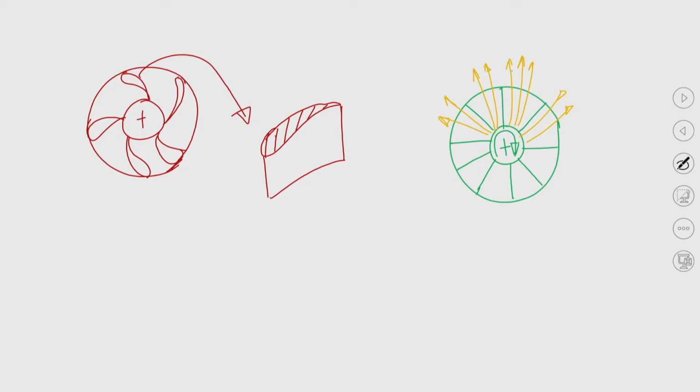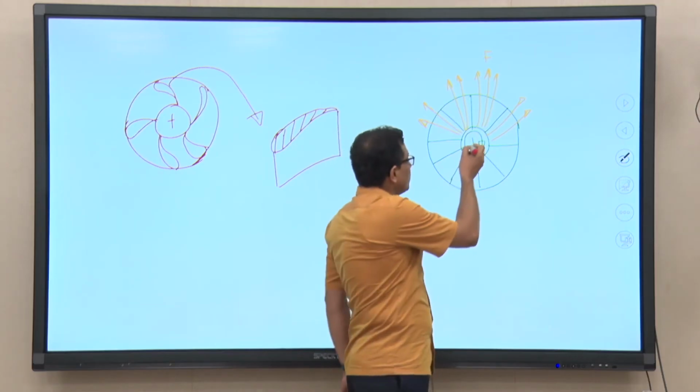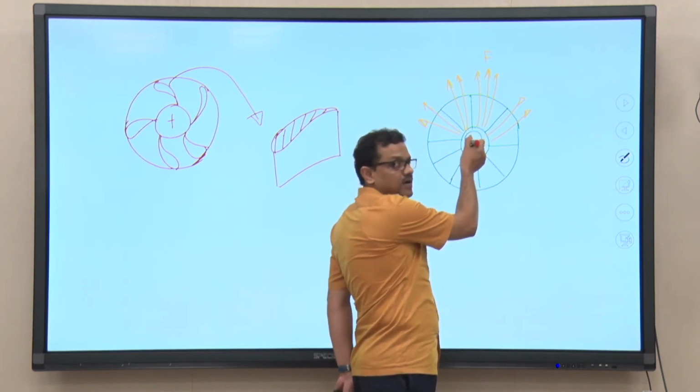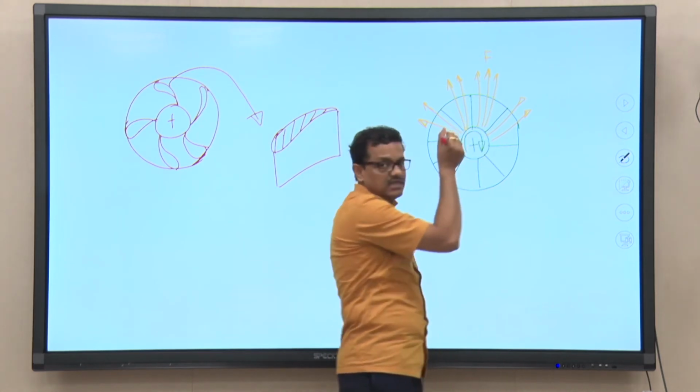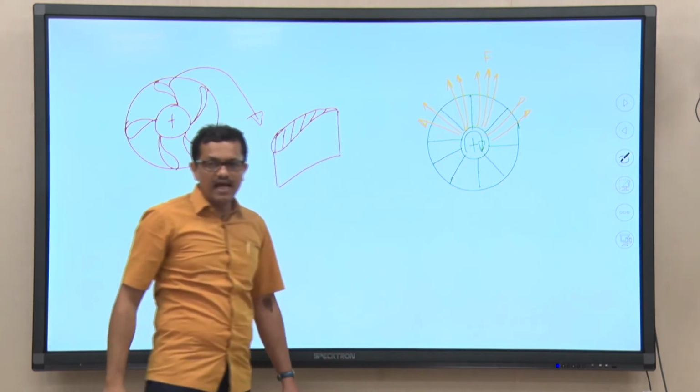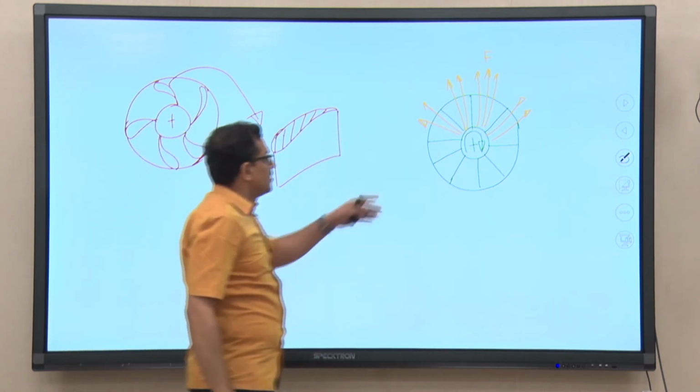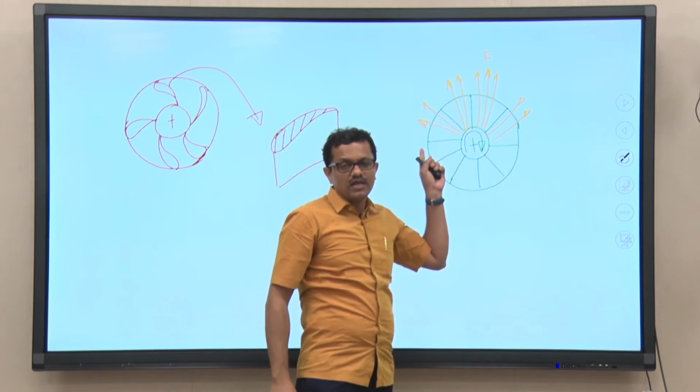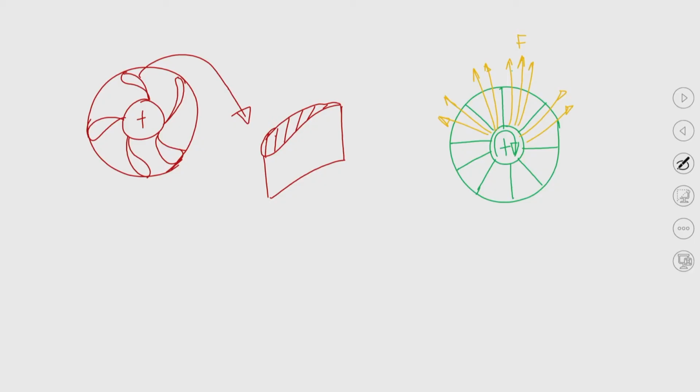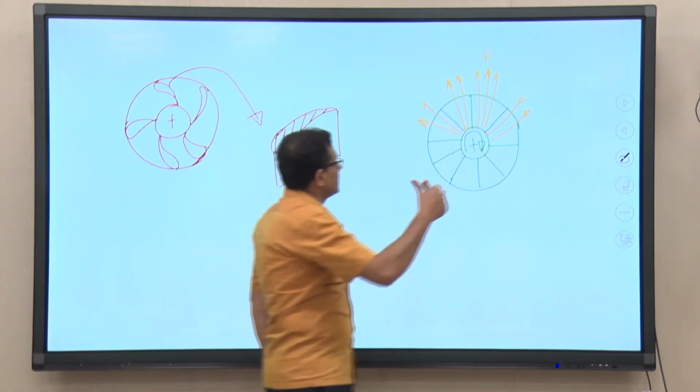Now, when liquid is moving in this direction, you can see the flow velocity is there. So, definitely another force will be acting in this direction, and another force will be acting in the direction perpendicular to the plane of the board, in this direction. Because of these two forces, if I apply Fleming's rule, a resultant force will be acting in this direction.